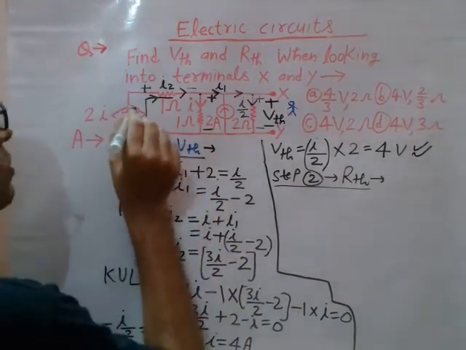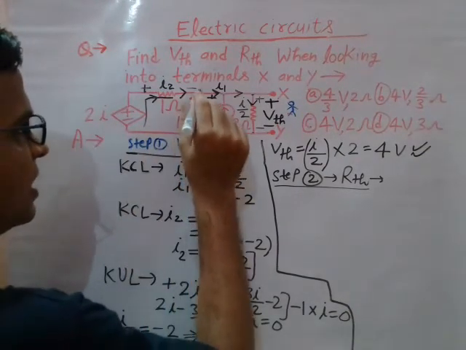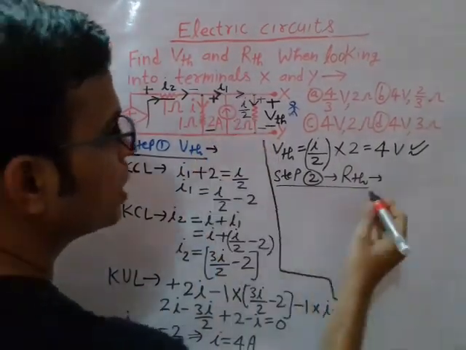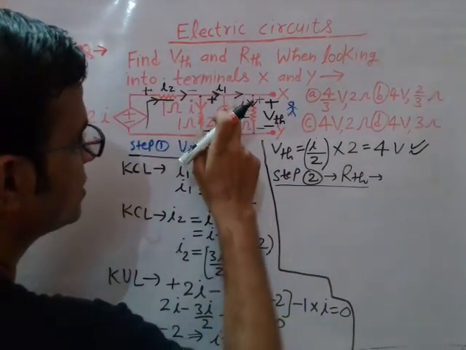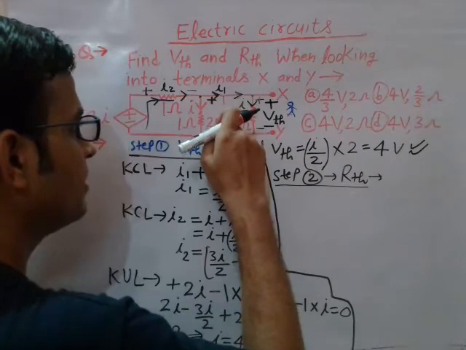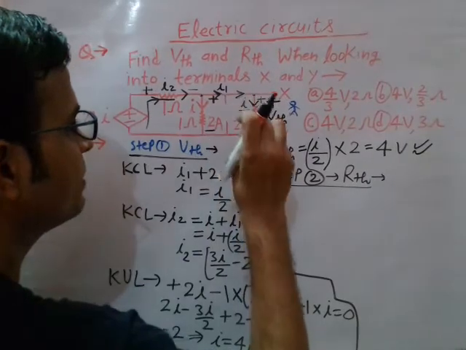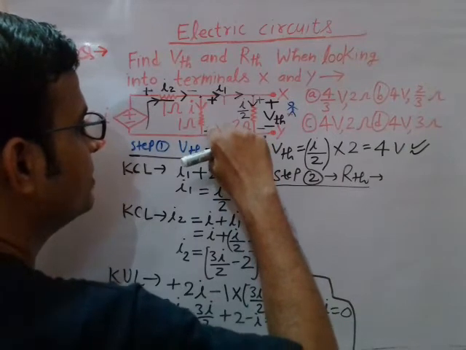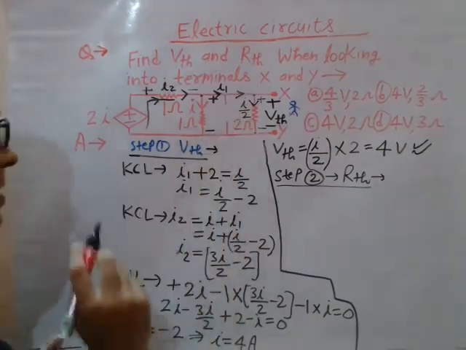Now see this source, which is a voltage source. This is a dependent voltage source. It is depending on this current, right? So here I told you that you can only deactivate independent sources. So if you want to deactivate this current source, you must make it open circuit. I told you the process of deactivation: if it is a current source, you make it open circuit, and if it is an independent voltage source, you make it short circuit. So when you open it, it will be deactivated now, right? That means the effect of this current source is nullified. This is now open, right?